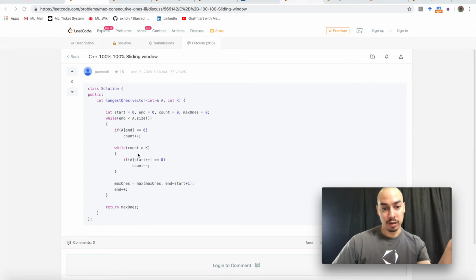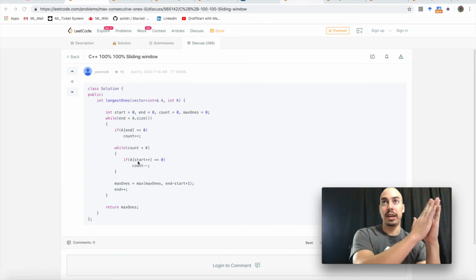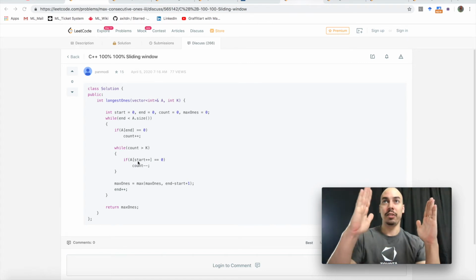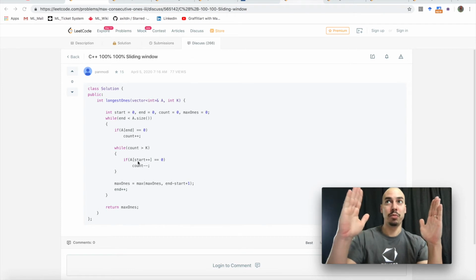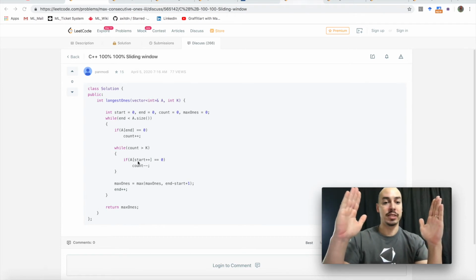If our count hits the upper condition, where we say we have flipped more zeros than we are allowed to flip, that's our k, that's our if condition on the k. Then we need to adjust again. So here we adjust the left end of the window. The right end starts to slide over, and once we hit that condition where we have flipped too many bits, then we basically need to start again by